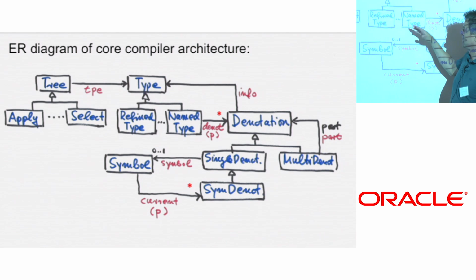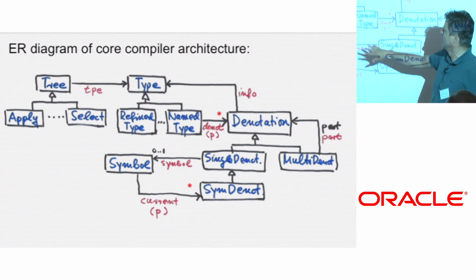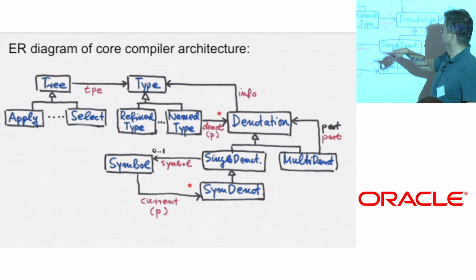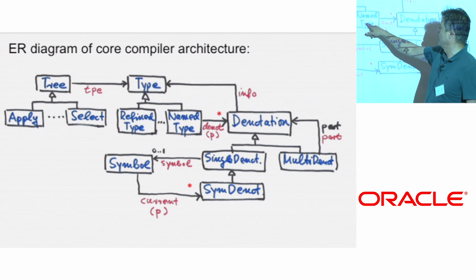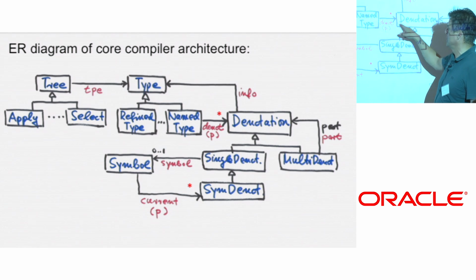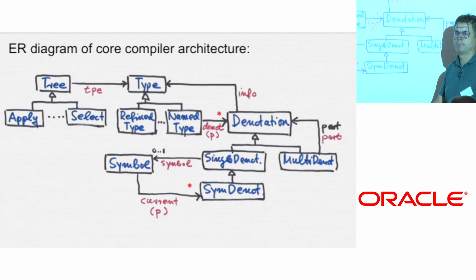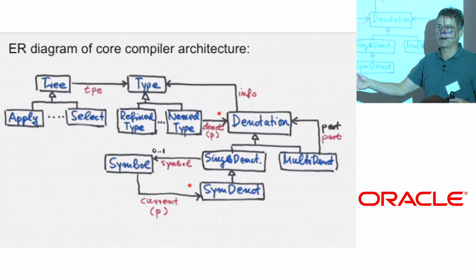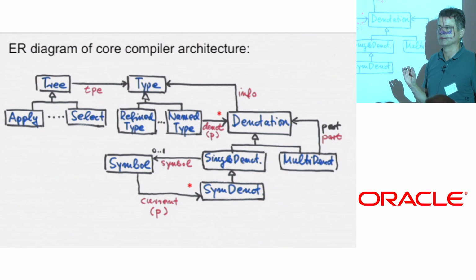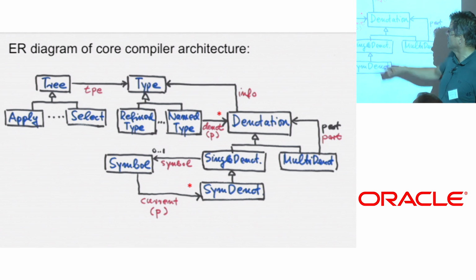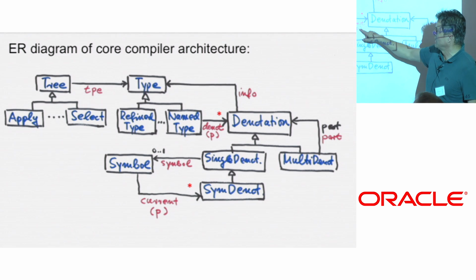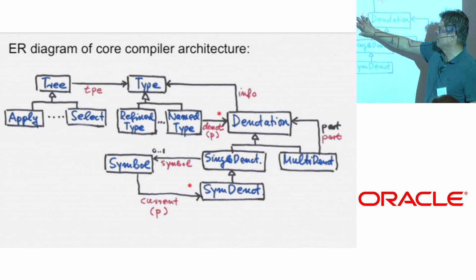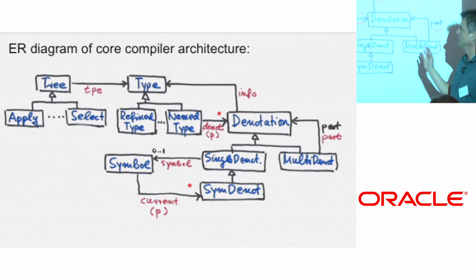So a type, then, has a variety of forms, but the important one is these name types, which are the references. And the name types now have a denotation, but that denotation is time varying. So a name type can point to different denotations according to the phase of the compiler and according to the edits of the user. So both of these things can affect that. So that's essentially, the denotation is indexed by P, where P is this period. So it's important that this is time varying, whereas all the other things are constant, they're immutable.